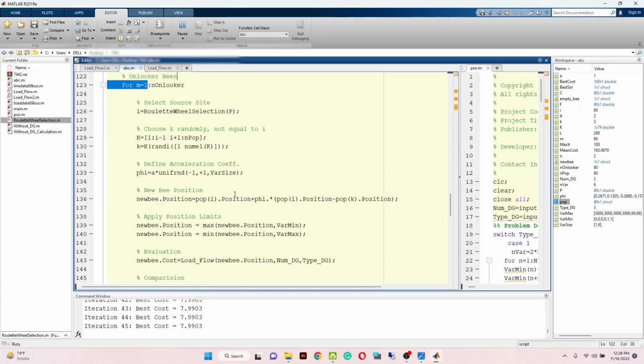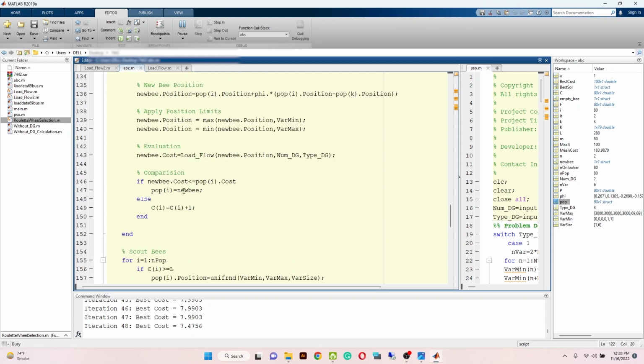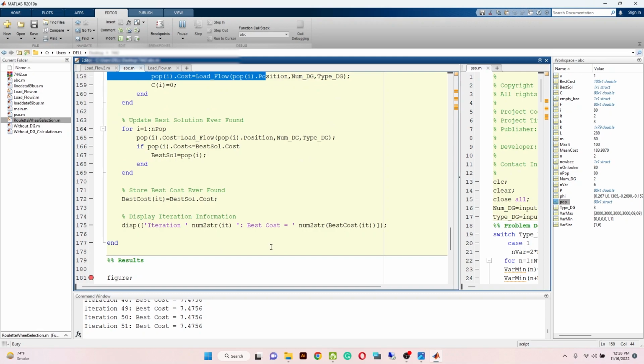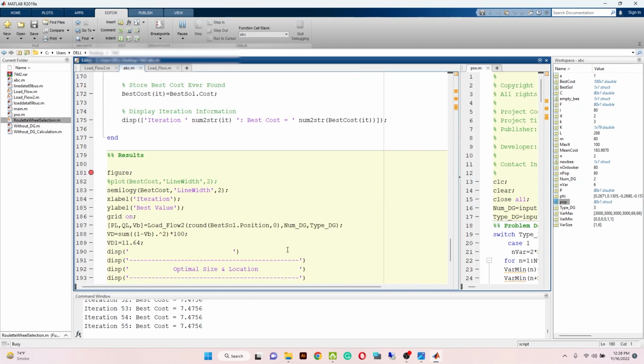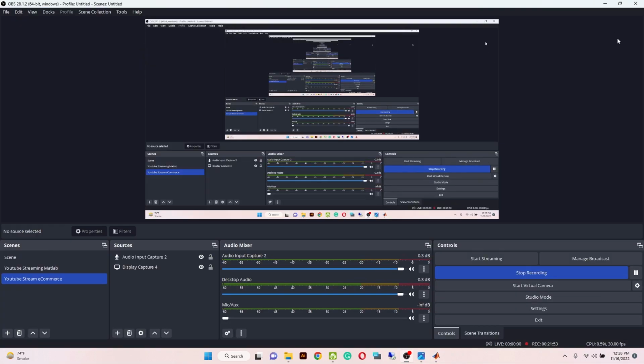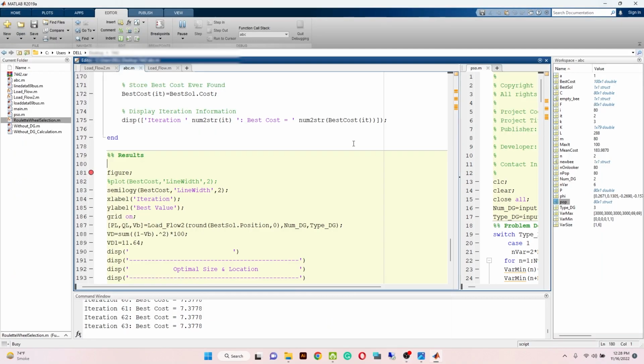Onlooker bees have their parameters to find the input, and then they will convey the message to the scout bees, and scout bees will evaluate the process and then find the best solution. So let's wait for the end. Okay, at the end of this program we have found the location and